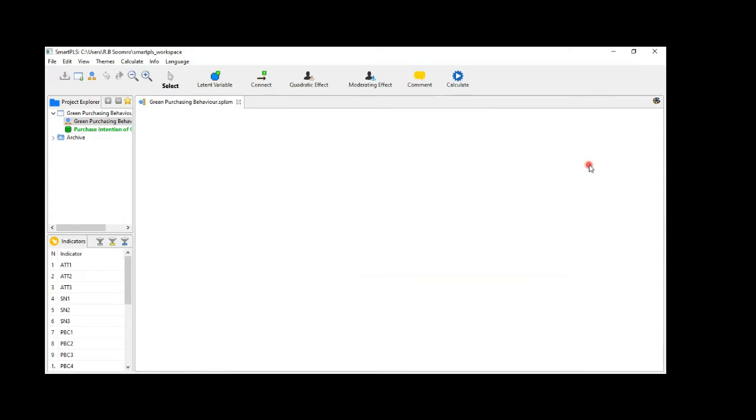So now, first of all, we have to create one model. How to do this? Okay, one method is there. Select ATT, then press the Shift button and then press ATT 3. So all of them will be selected automatically. Keep this and leave it here. When you leave it here, a latent variable is generated along with the 3 indicators. This one is a latent variable, and these are its 3 indicators.